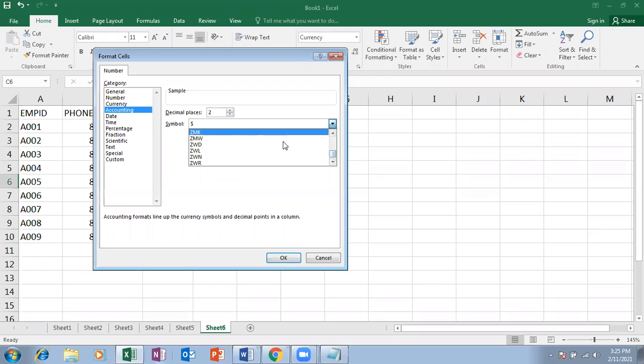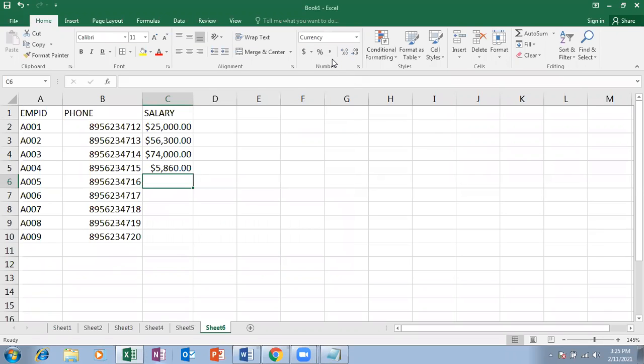Okay. So then suppose what if I wanted in rupees? So if I default, here I have dollars. I want it should be rupees by default. Most of the people who are using will be having dollars, and others may be having rupees also. But if you have dollars by default, then how can you make it into rupees?